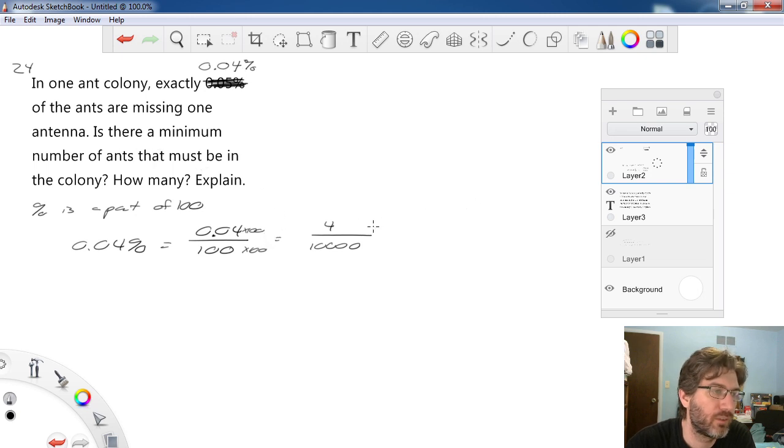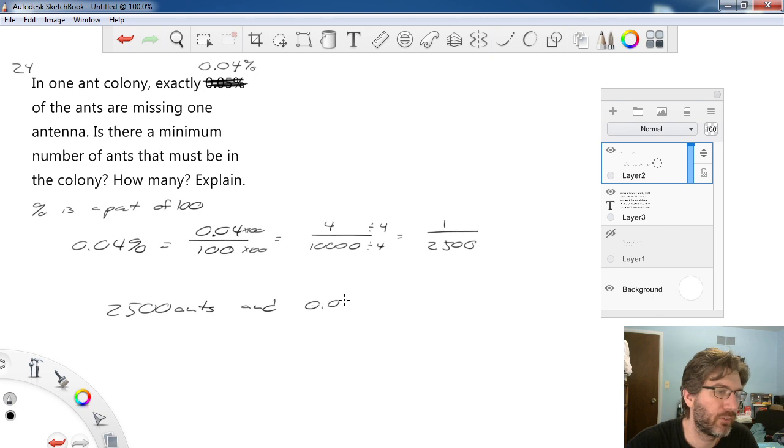Right? So let's see if we can divide this by 4 and divide this by 4 as well. Again, we're keeping the same percentage. We're just finding an equivalent fraction of it. And this is going to equal 1 over 10,000 divided by 4. 10,000 divided by 4 gives us 2,500. So in our ant colony, if we have 2,500 ants